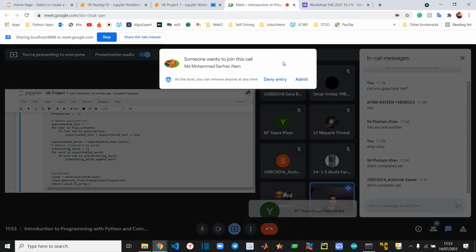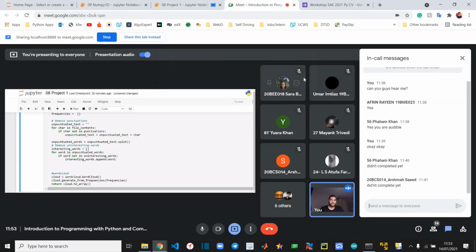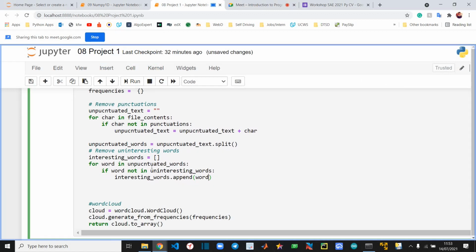If you have any questions, please feel free to ask. Don't feel shy. Right now we are doing the revision of the whole four sessions. We are using lists, if else statements, loops, and conditionals. Almost every kind of concept we'll be using here. So feel free to ask any questions.